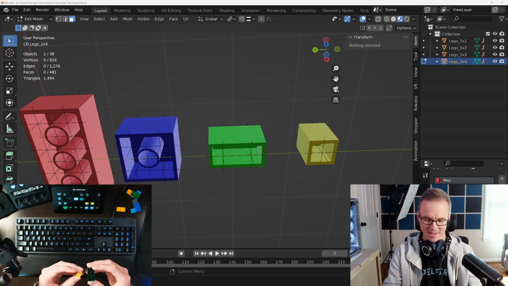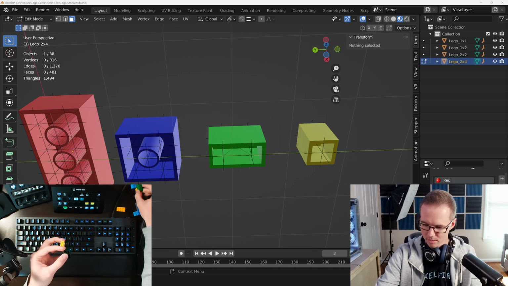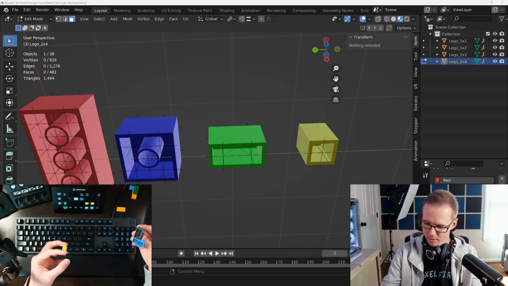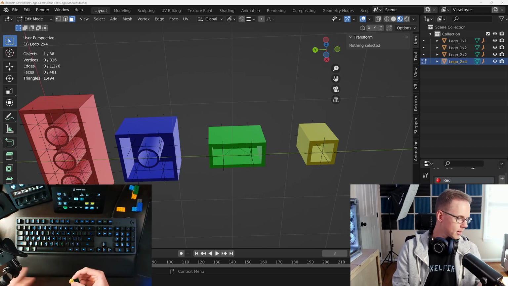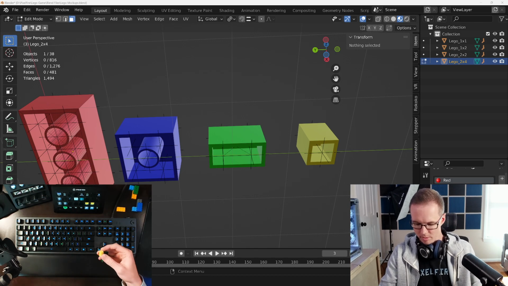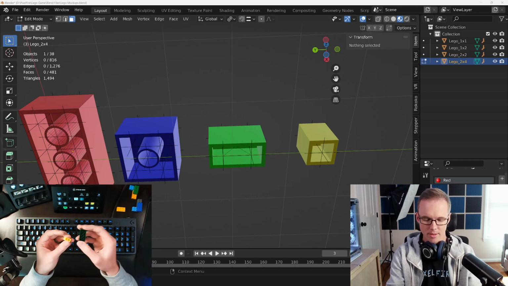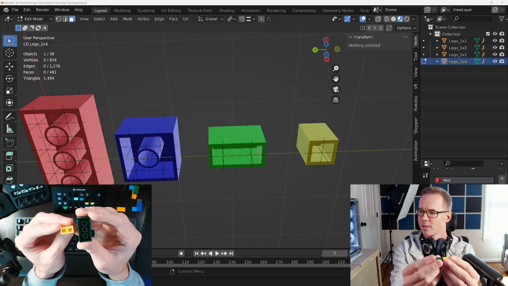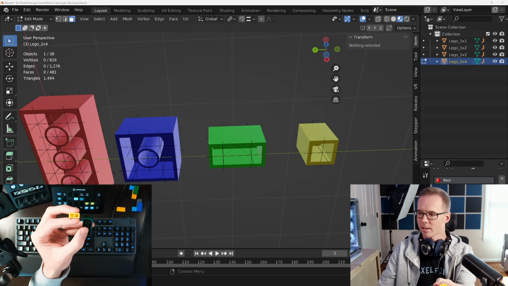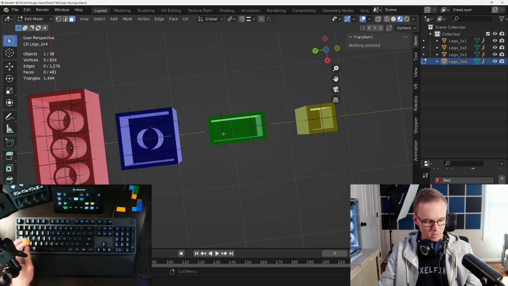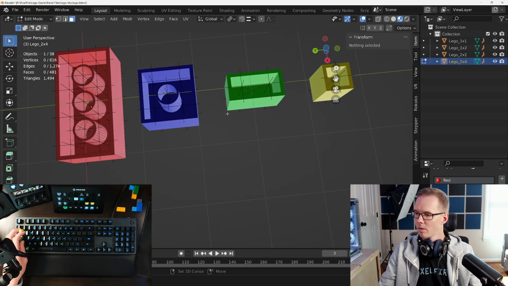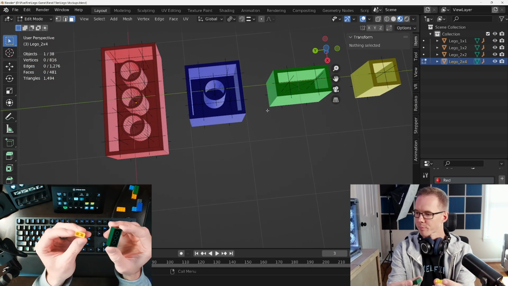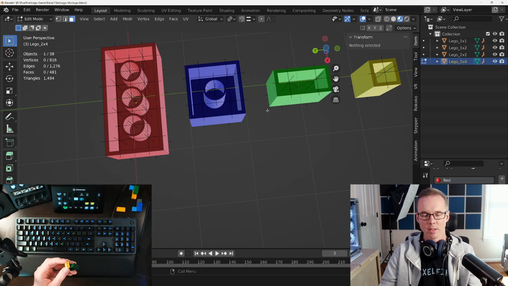How's it going? So yeah, we don't have a 2x2 Lego here. Okay, no worries. The 1x2 Lego, you can see this, does not have the cylinders in it like the other ones do. So this should be fine. Last stream, I was basically working out the layout of how all this would work